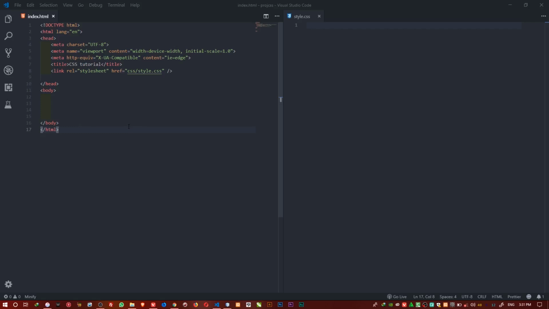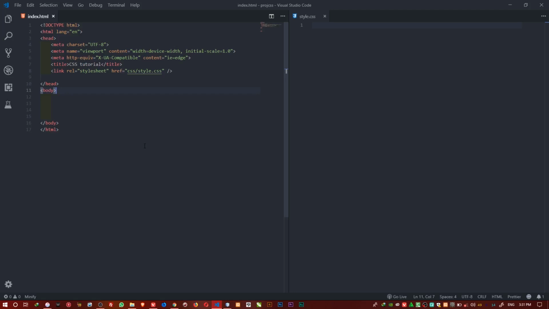Alright, so what I want to show now in this video is very simple stuff. I want to just show how colors work inside CSS. You get how they use color inside CSS. I didn't talk much about them before, but I want to go in depth now and see how the thing works.